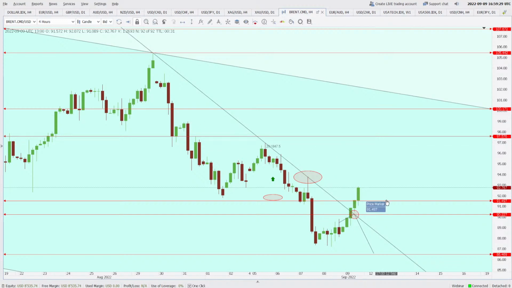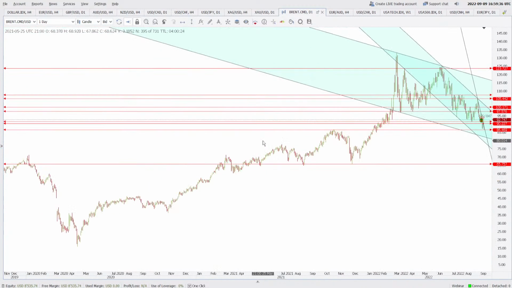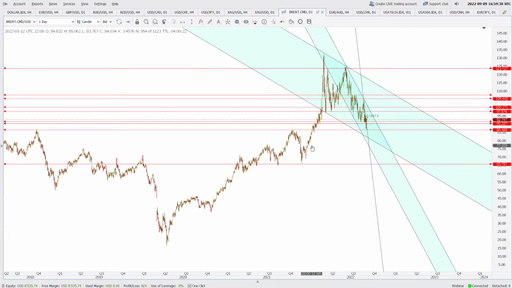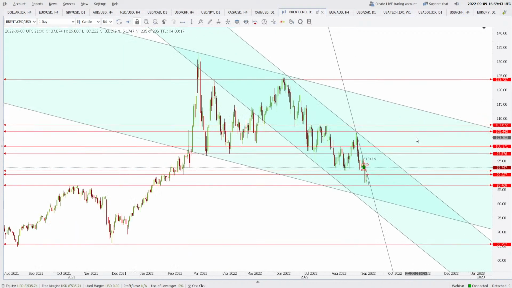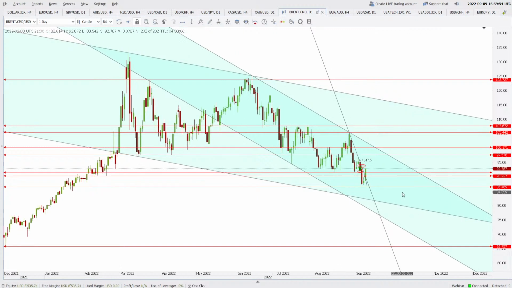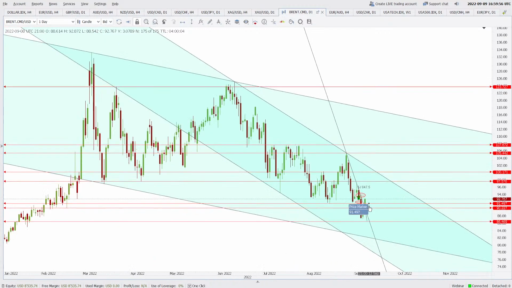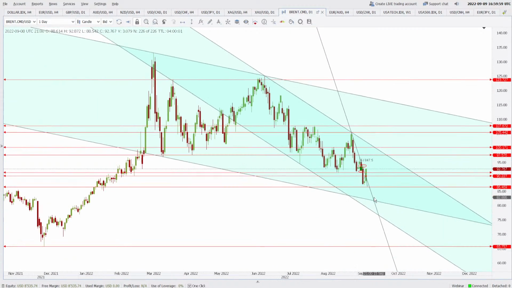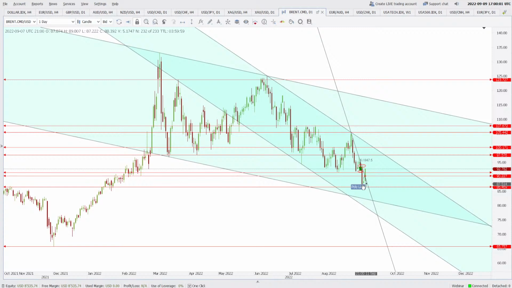But 91.49 is the support, 97.57 is the resistance, and on the daily, the structure of the market is still a downtrend. Why? Because the market is making lower highs and lower lows. Here the market made a lower low, lower high, lower low, lower high, lower low, and then made a higher high, then again made a lower low. I don't know really. I think this is going to go into some consolidation maybe, or maybe coiling up, but it is very unclear as of now.